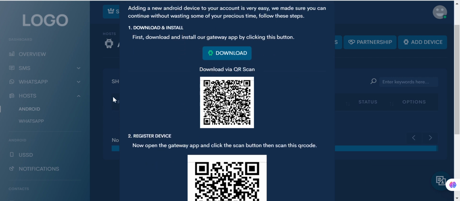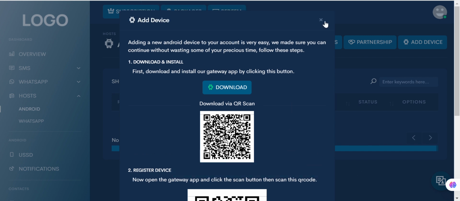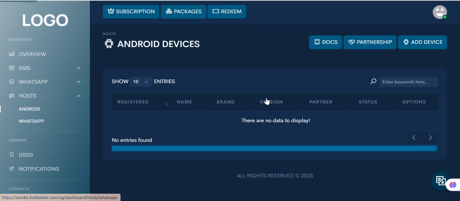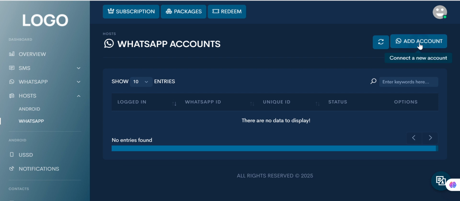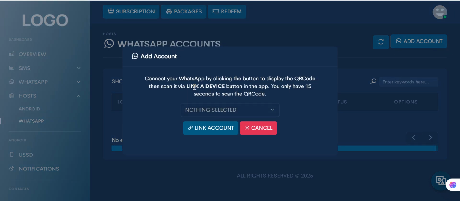The same thing works likewise as WhatsApp. Once you have an app on your phone, the SMS part is done. As for the WhatsApp, once the API gateway is set, you can add WhatsApp here. Then it will tell you to select an account. You know how to link WhatsApp, of course. You scan the QR code, and it works automatically. There's a server that will be connected to this WhatsApp, the server cloud API,